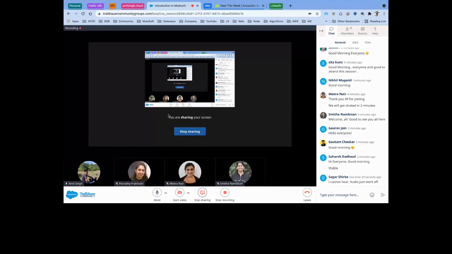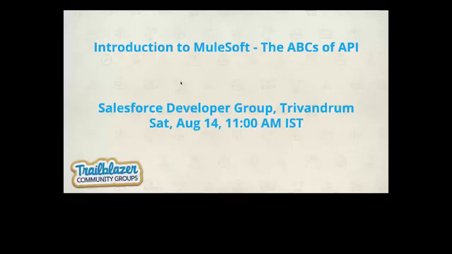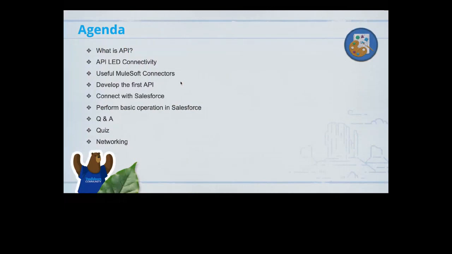Okay, so hey, good morning everyone, good afternoon, good evening. If there is anyone from a different country than India, we are going to talk a little bit of introduction about Mulesoft, what Mulesoft is, and then we'll talk about what APIs are, and how we can develop an API with the help of Mulesoft. This is the agenda. What is an API? Before that, we'll talk about what is Mulesoft, what is API-led connectivity, the main pillar of Mulesoft, and then the Mulesoft connectors and how we can use those connectors based on what the business needs.